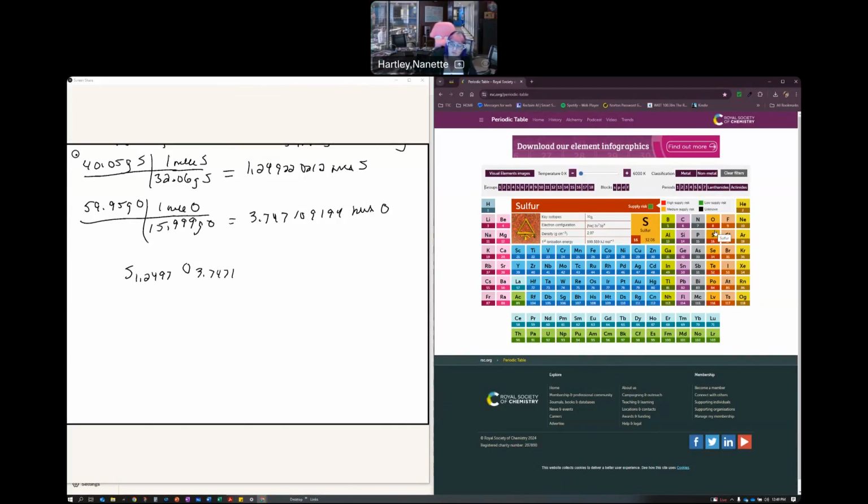Those don't work very well. So what I'm going to do is divide by the smallest number, 1.2497. That would then lead to sulfur being 1 and oxygen, I take that 3.747 divided by that 1.249,